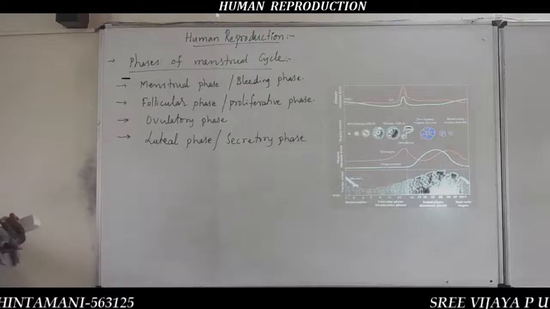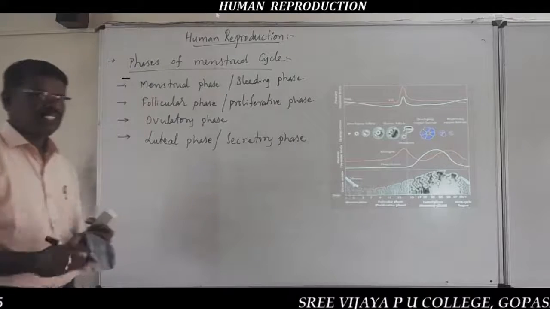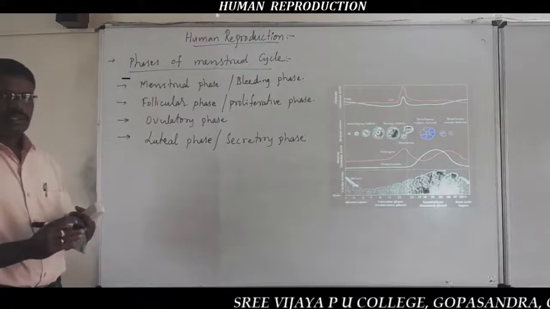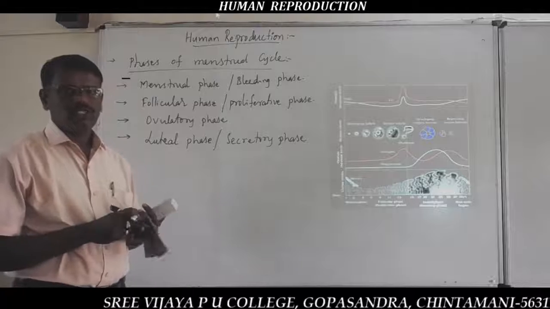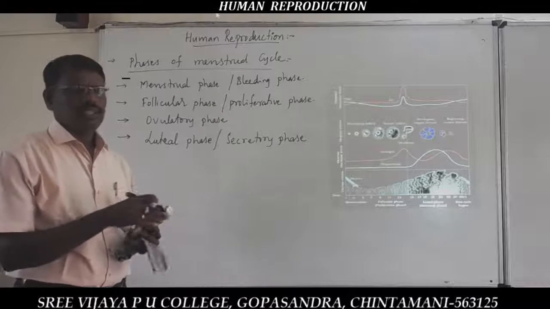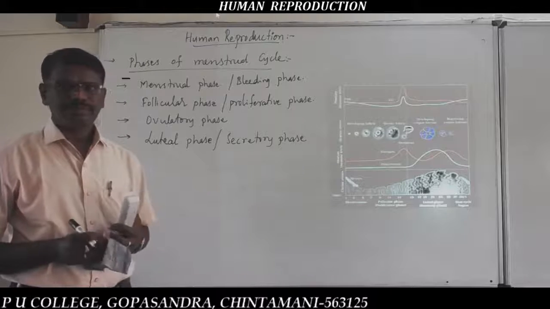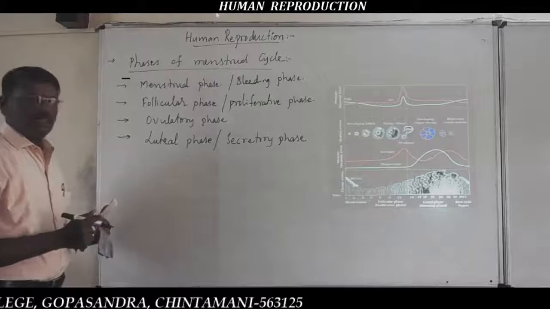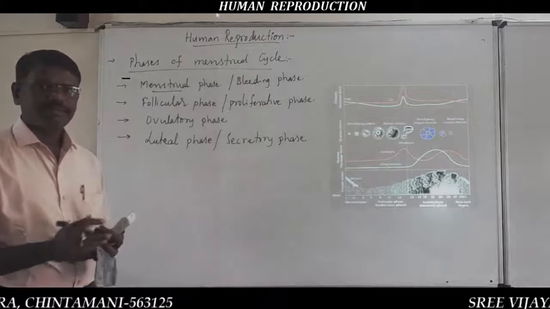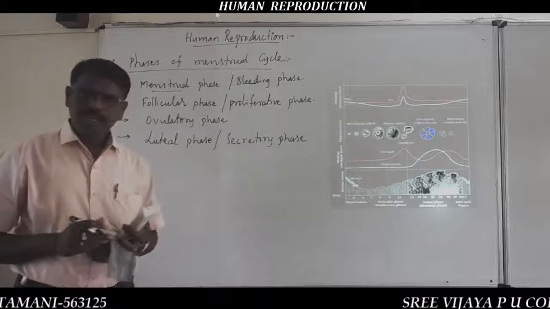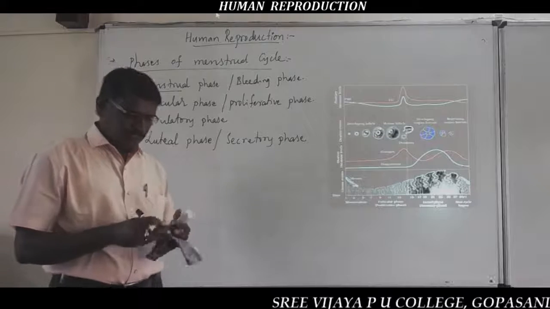So the events of the entire menstrual cycle are divided into 4 phases. This may be asked as a 5-mark question in theory examinations, or in NEET, different types of questions arise from this topic. What is the menstrual phase? Why is it called the bleeding phase? As we discussed previously,